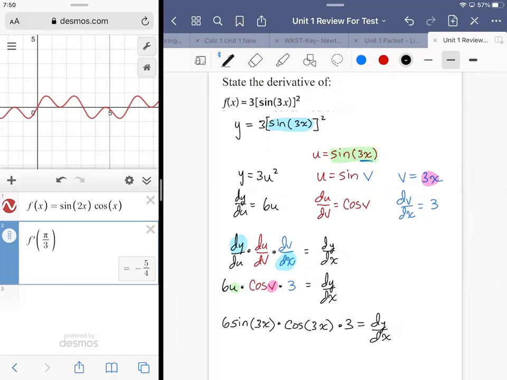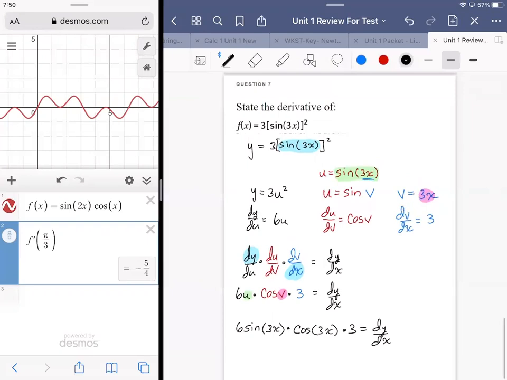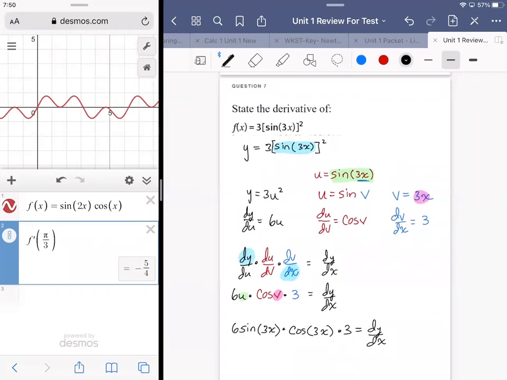So it's got that extra layer to it, but it doesn't make it any more complicated in terms of finding the derivative. It's just an extra piece that you have to keep track of. All right. So that was number 7. We're going to hop over, or hop back to the